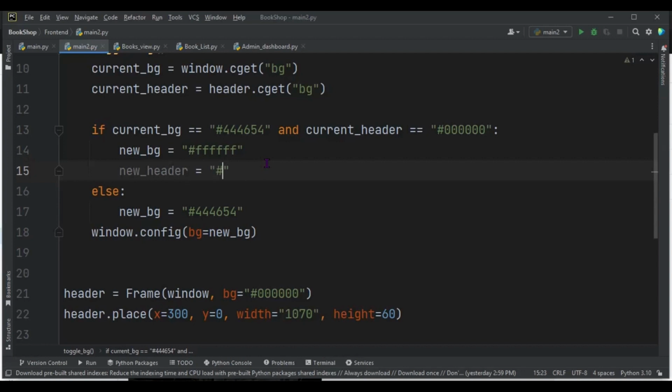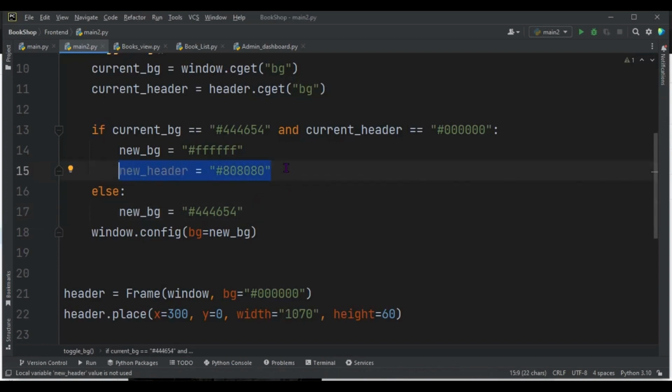I also have a color code in mind that I'm going to use, which is going to be, let's say, 808080. 1 2 3 4 5 6, it should be 6 digits, so 808080. Okay, so once again, same thing, let's copy this